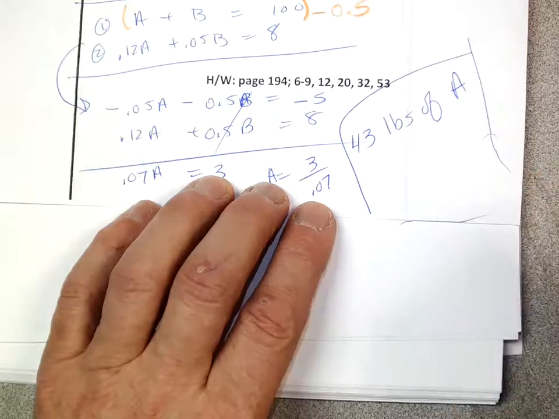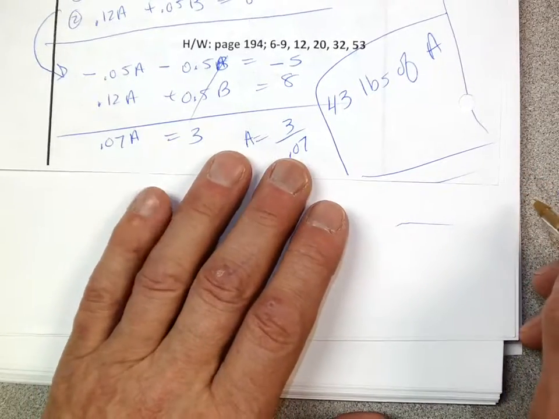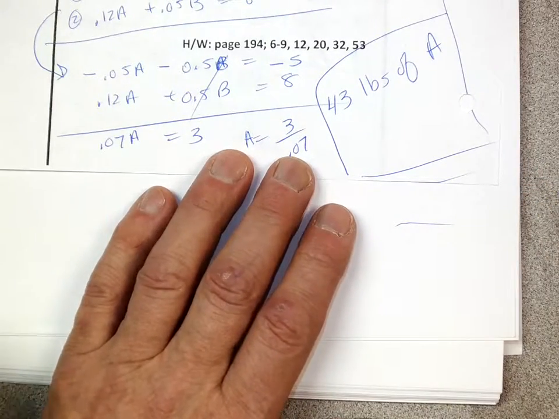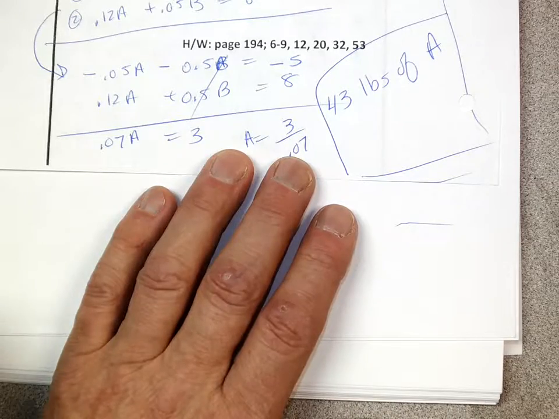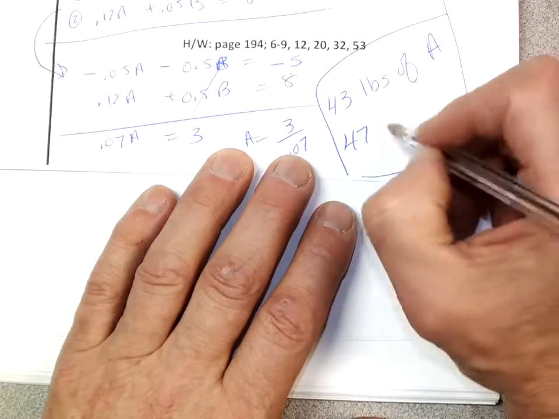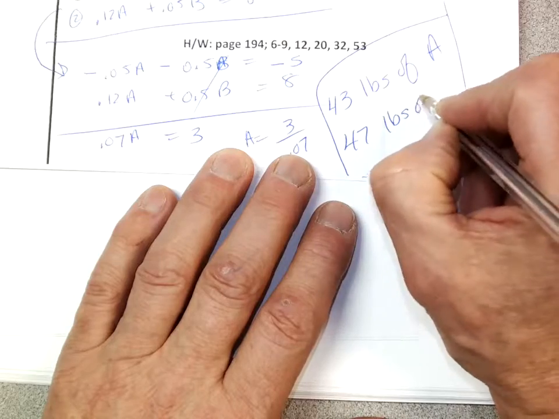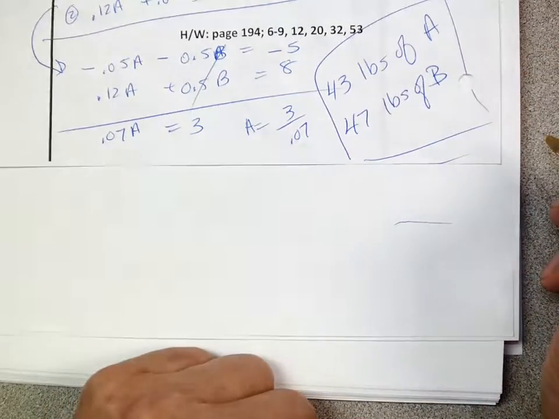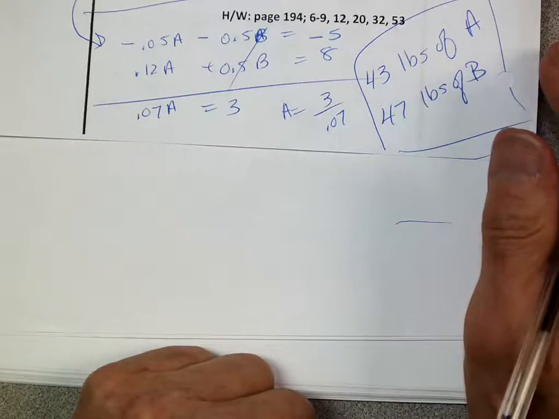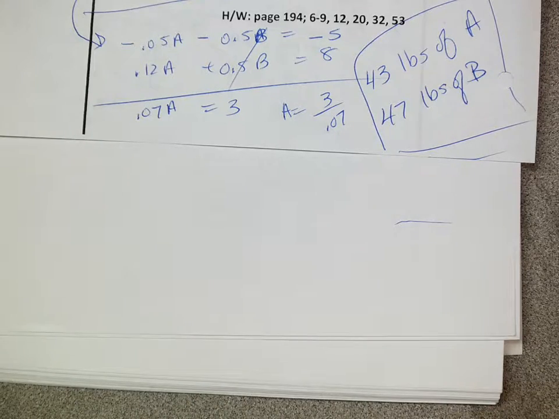How many of B then should we have? Close. 47. Oh, yeah. Right? You're right. I know you meant that. 47 pounds of B. What do you think? And of course, Teague was kind of fun because we got to do that with